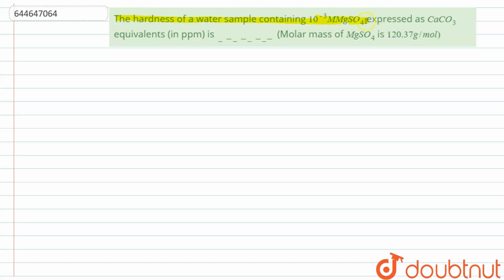The question given here is: the hardness of water sample containing 10 to the power minus 3 molar MgSO4, expressed as CaCO3 equivalents in ppm, is dash. Molar mass of MgSO4 is 120.37 gram per mole. So we have to basically find the hardness of water of the sample in ppm, and we are given the molarity of MgSO4, that is 10 to the power minus 3 molar, and we have to express it in the CaCO3